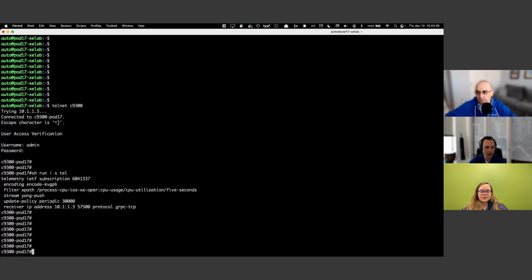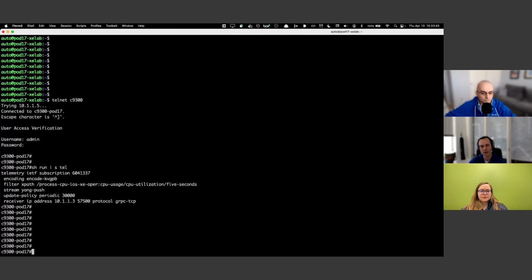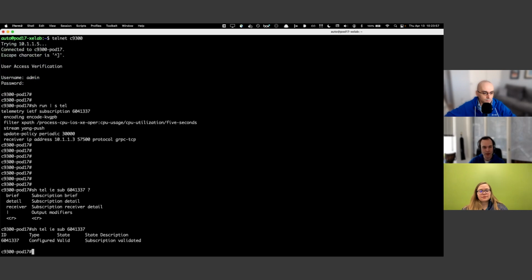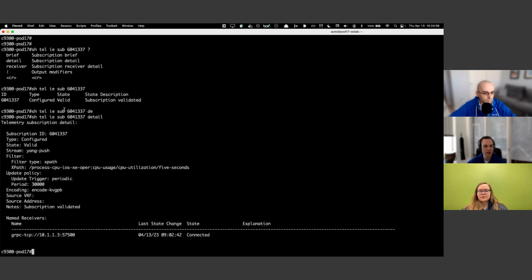Okay, so let's get out of the switch. Actually, maybe we'll just do some validation before we leave the switch, just to make sure that the telemetry is connected. So we can just run some show commands. It's show telemetry ietf subscription, the subscription number, and then you've got a couple options here. Right, if we just give it nothing, it's going to tell us that it's valid, it's configured, and the first level of checks are looking good. If we look at the detail for this,